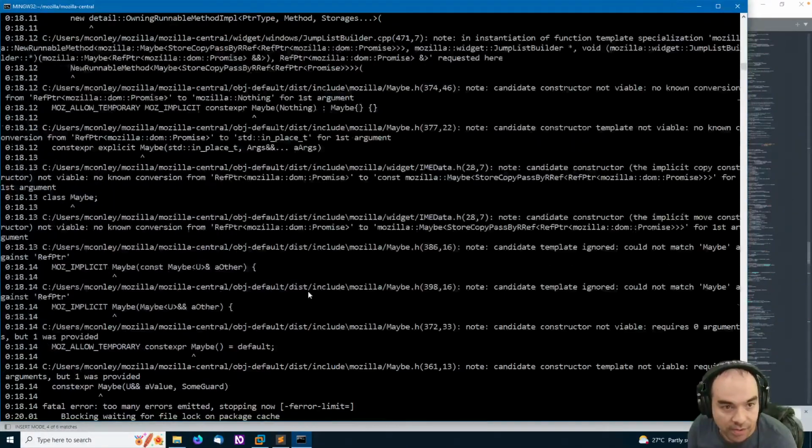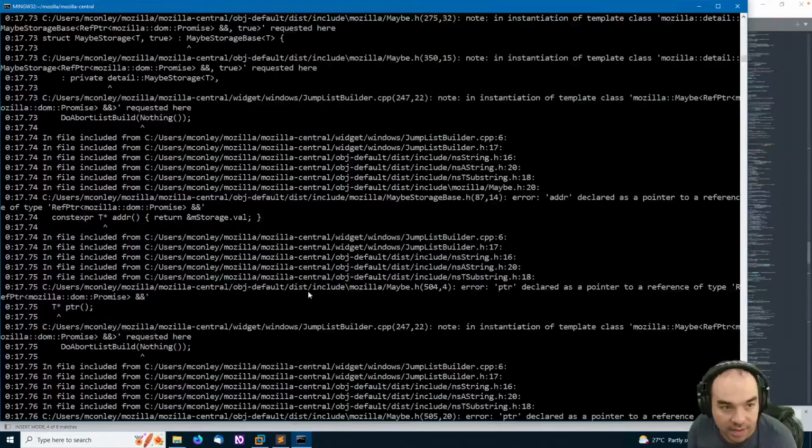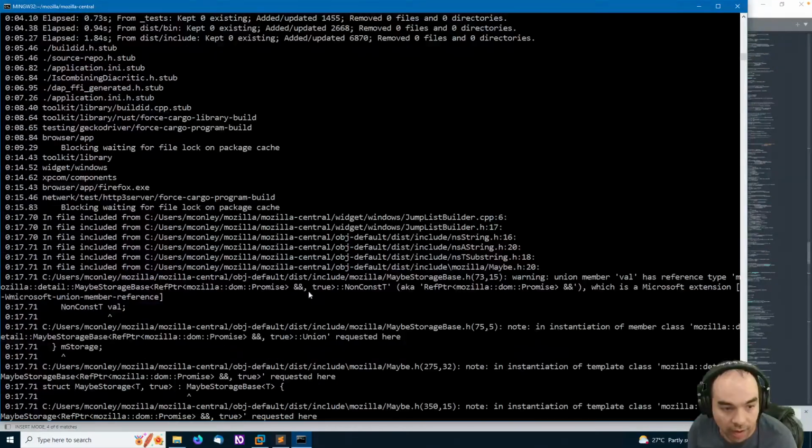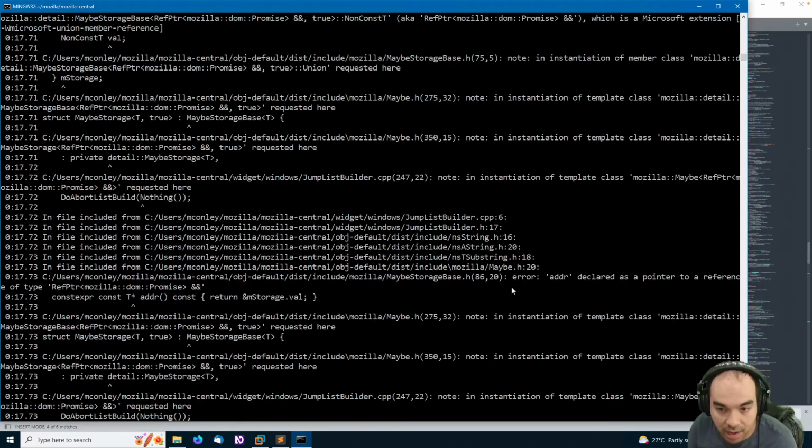Okay, so what else failed here? It doesn't like some of my maybe business. Let's see if we can figure out why. Woo, big ol' error. Okay, so union member val has reference type, so maybe storage base, promise to non-customers. So Microsoft extension, that's a warning. Instantiation, no. Error, adder declared as a pointer to a reference of type ref pointer dom promise on maybe storage base.